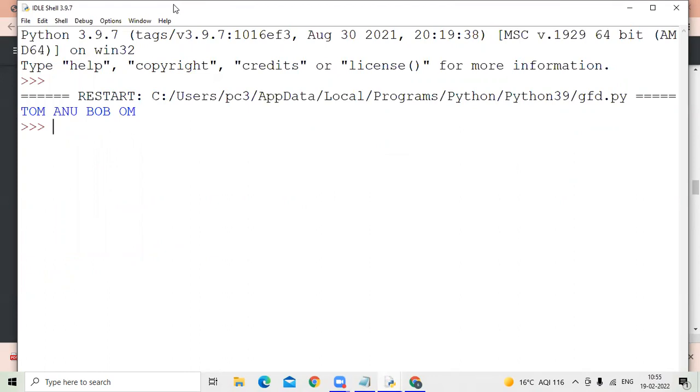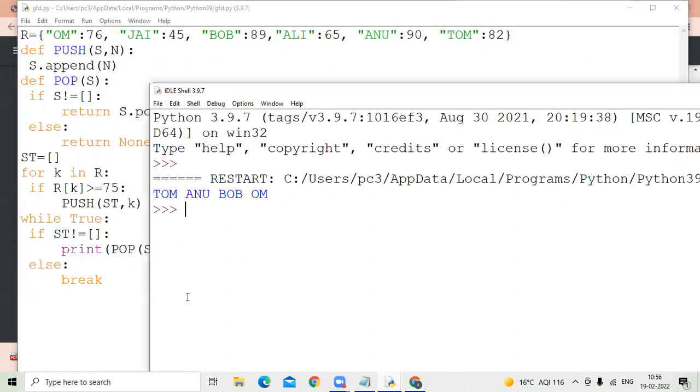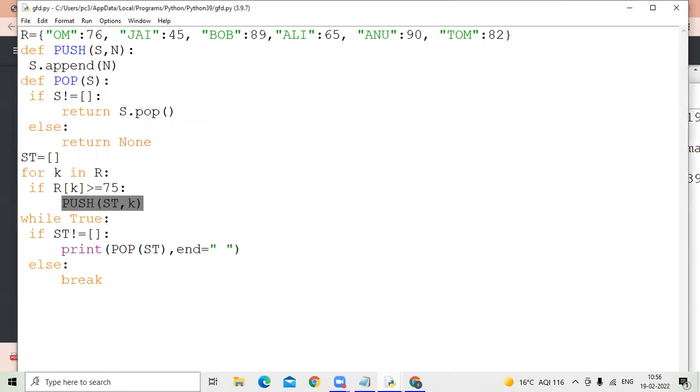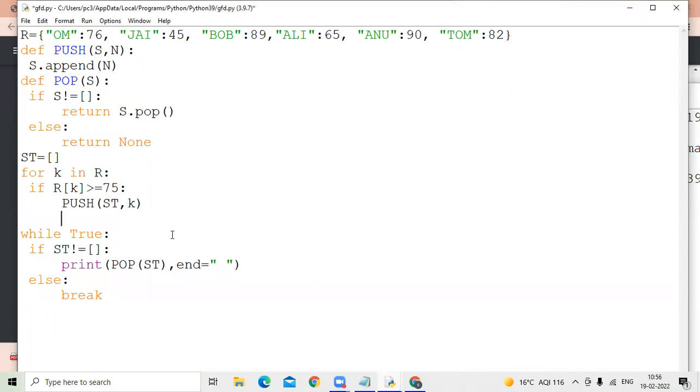Okay, students, Tom, Anu, Bob, and Om are displayed, inserted in your particular list. And after that, we display it first, so print